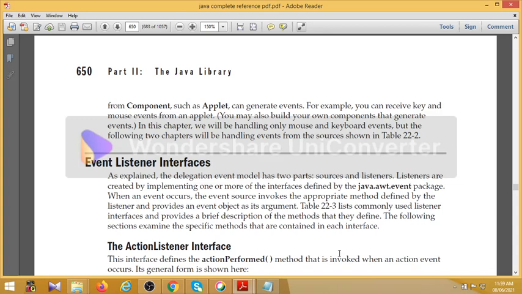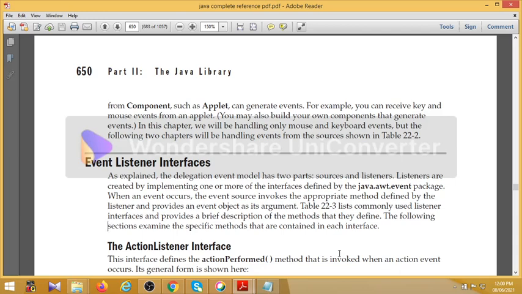Listeners are created by implementing one or more of the interfaces defined by the java.awt.event package. In Java we have a package by the name java.awt.event, and in this package there are interfaces which define the listeners, and using these interfaces listeners are created.